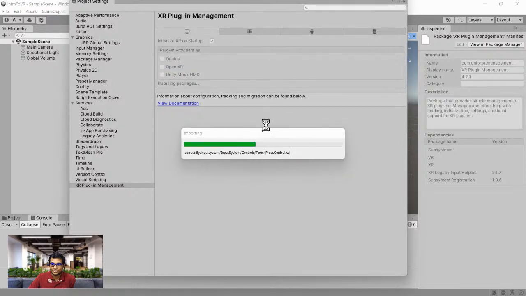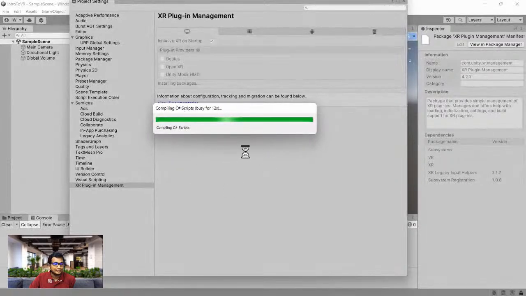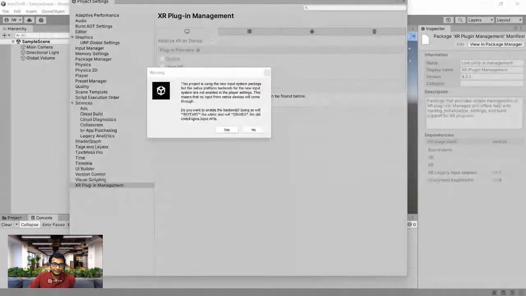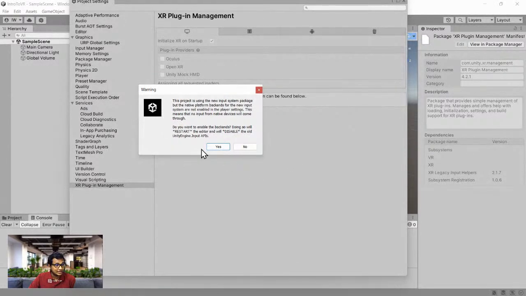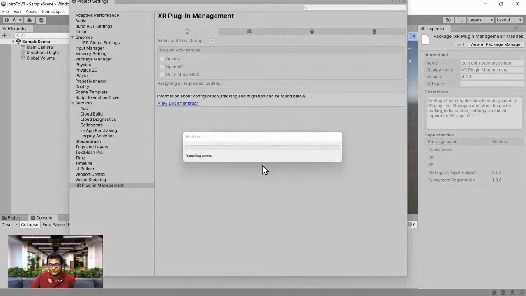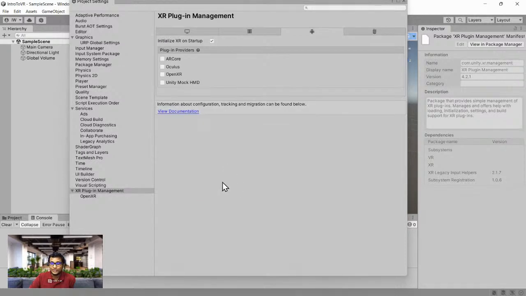There you go. It's importing all the assets. And let's see. Let's give it a minute. All right. So when you're installing OpenXR for the very first time, it will ask you to restart the project. But I'm not going to do that. What I'm going to do is I'm just going to say no for the moment, right? So it will give me some errors. It will show me some errors and warnings because I did say no. When you say yes, it will